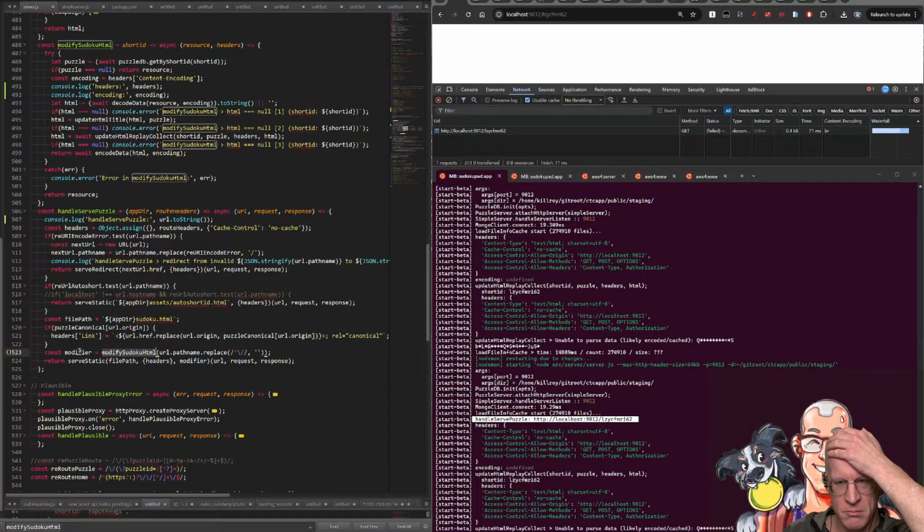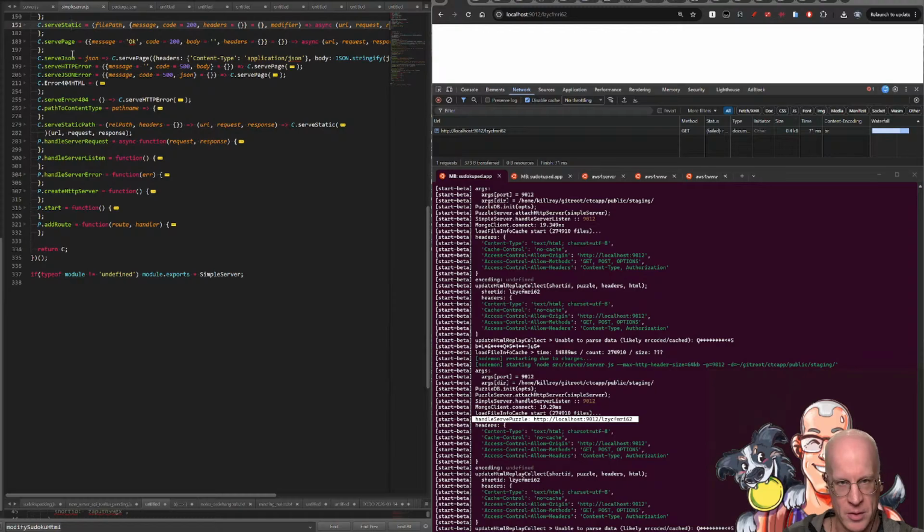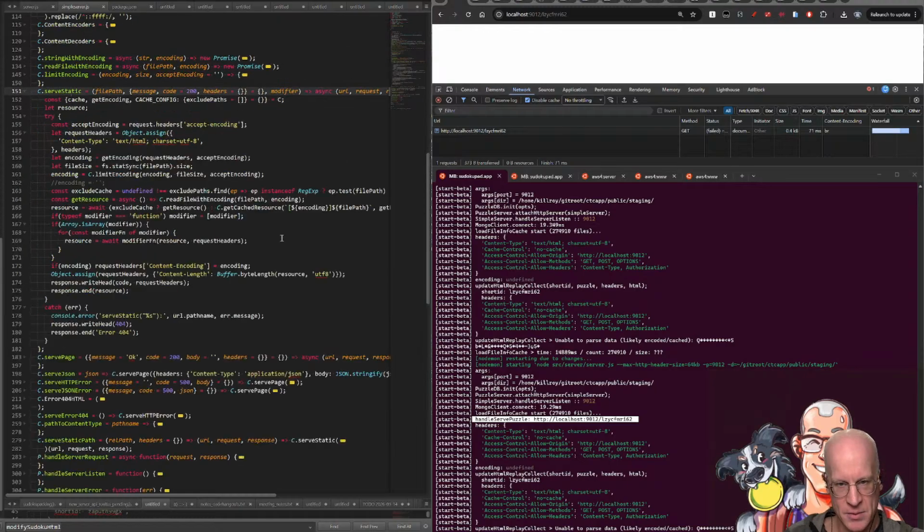Resource headers modifier. Serve static. Modifier. Okay, all right. Now we're going full circle, right? So we're hitting serve static, which has those changes in, which is probably what I was working on ages ago, right? So serve static gets a modifier function,